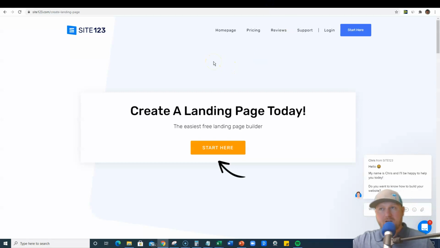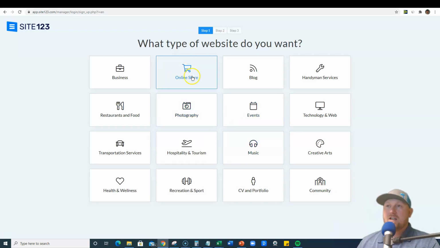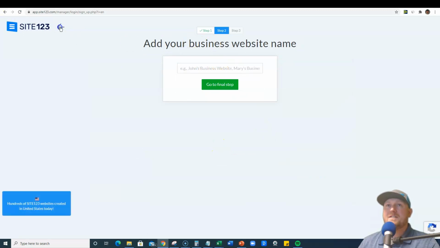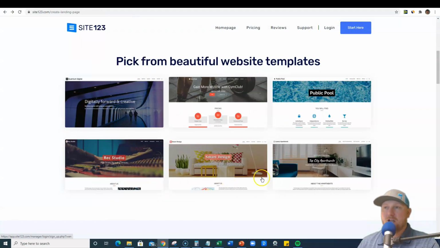So we got Site 123. You can create a landing page here as well. And here's some of their website templates. You can check out all their stuff here and just kind of click on one and check it out. And then there's actually different ones. So like if we wanted to go with a business here, they're going to take you on the path to start creating that. I'm not going to do that in this video, but there